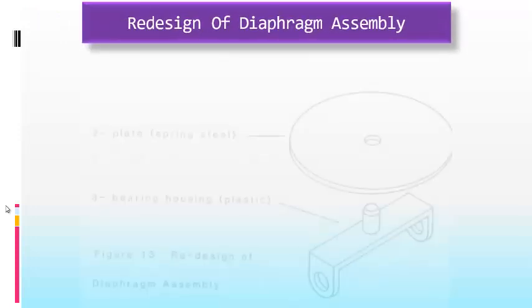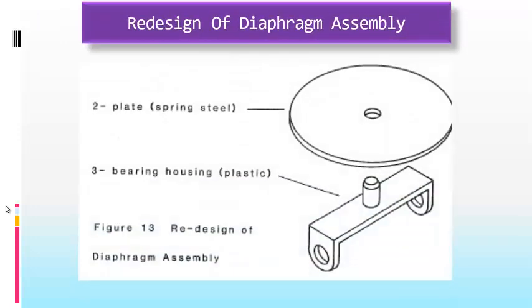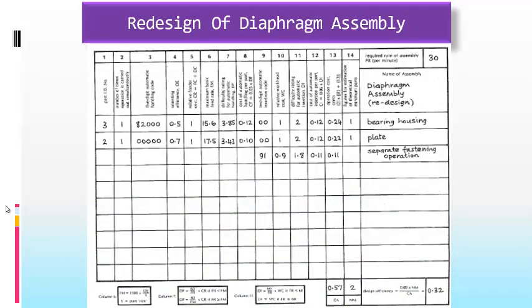Now he changed the design to this design, where part 2 is a plate with just one hole, and the bearing housing has a recess, and then the assembly will be very simple like this. If you look at the table, you'll find